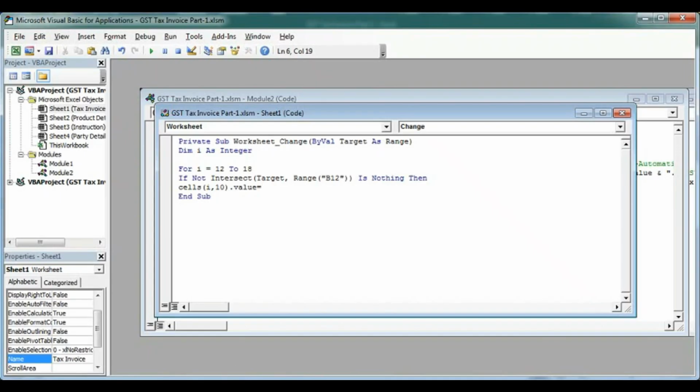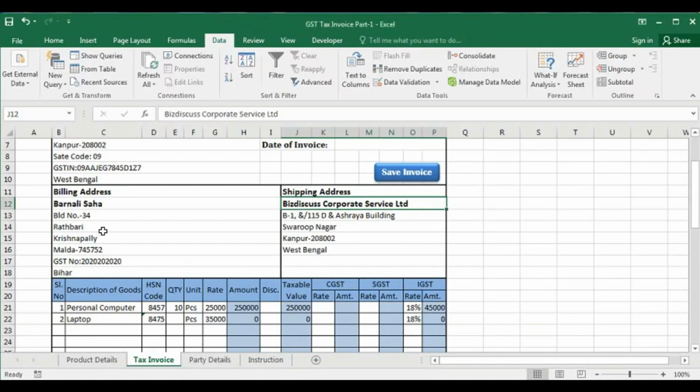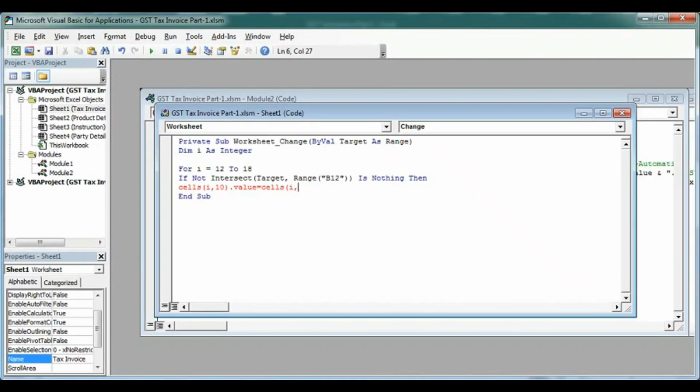So value of Cells, row index is I, comma, and this is in column B, so B is 2, so column index will be 2, bracket close, dot Value, and End If, Next I. So this is a very short code.